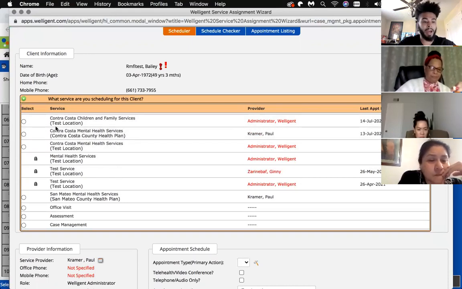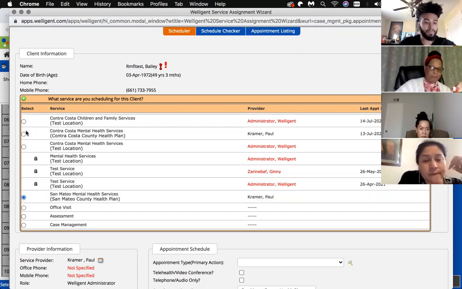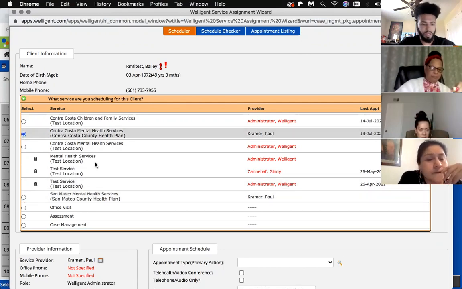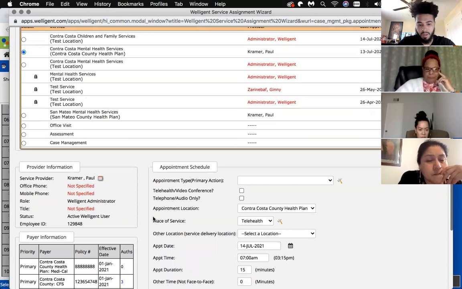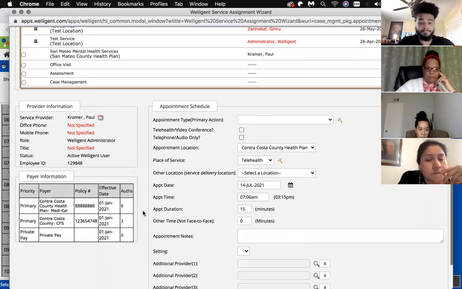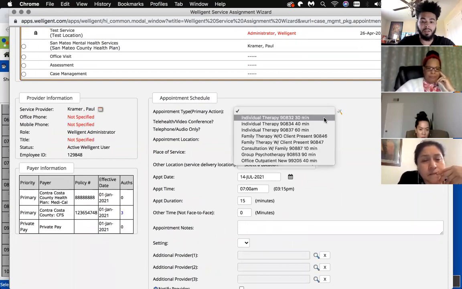The only ones that I'm authorized for are the Contra Costa Mental Health Service right here, and also the San Mateo Mental Health Service here. And so once I click that, I will select a location, and I will then scroll down to the appointment schedule, and I will select the primary action, what kind of